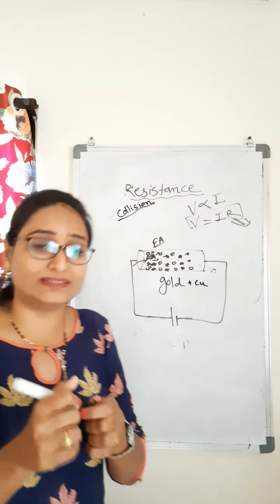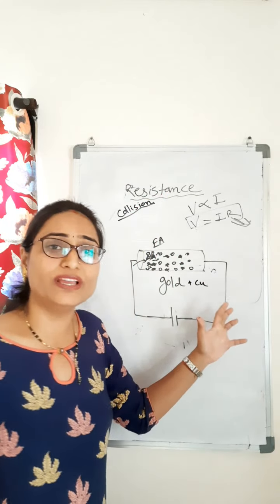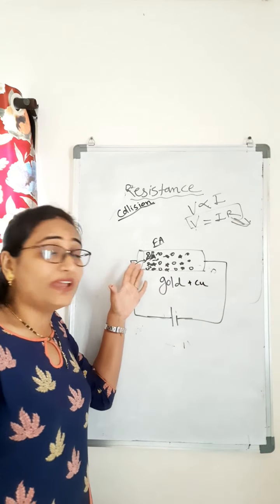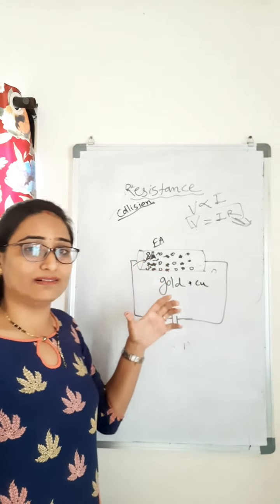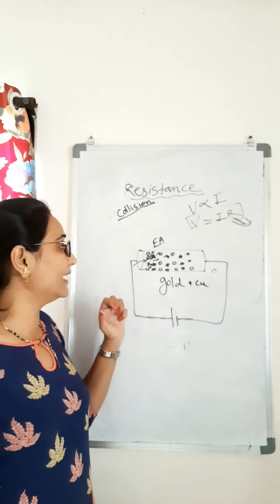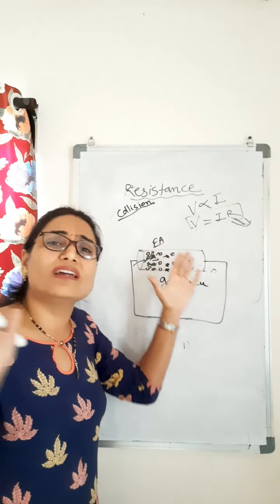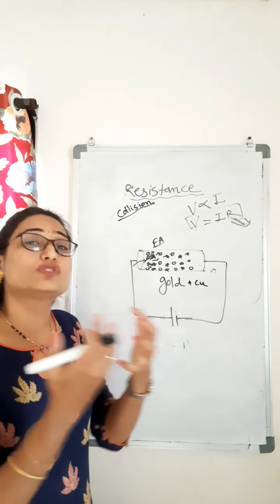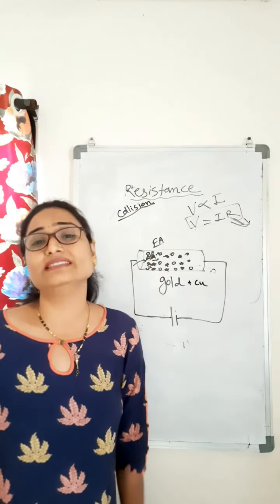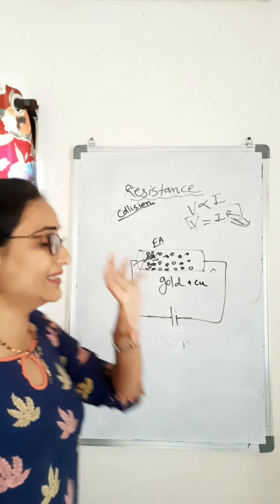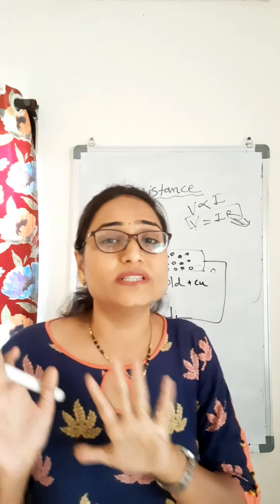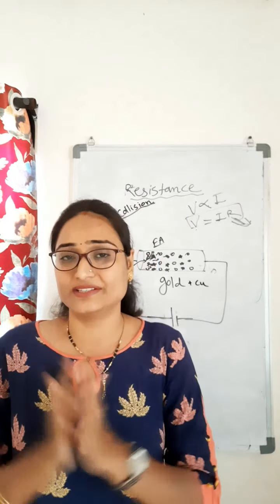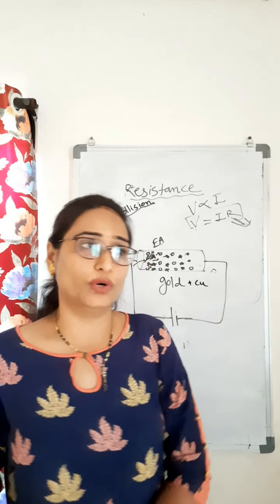When electrons start moving, current starts flowing, right? When electrons are colliding with other atoms, the current is becoming slow. The current is not flowing freely through it then. They are resisting the current, and therefore that is called resistance. So I think you understand what resistance is: that which opposes the flow of electric current, or flow of electric charges, is called resistance. The SI unit of resistance is ohm.